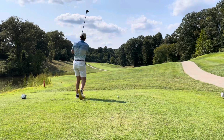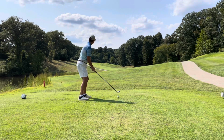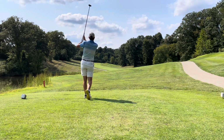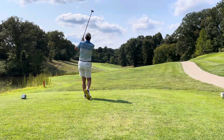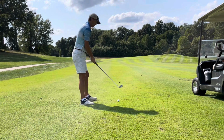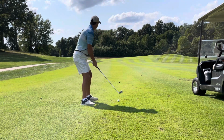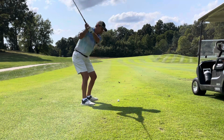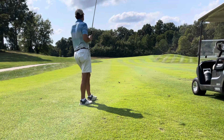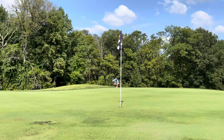Third hole is 350 uphill. Definitely have to keep it right. And I have a 3-wood. And I do start it up the right side. Or I guess I started it middle and it drew toward the left. So I had about 140 yards uphill. I had a pretty good 9-iron, but just faded it a little bit to the right and left me about a 30-foot uphill putt